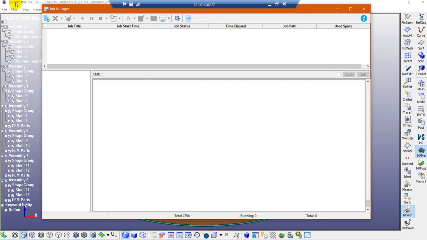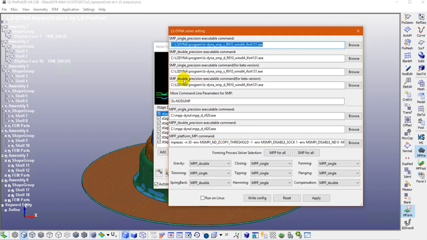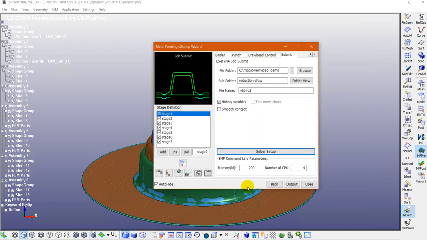Now going over to LS-PrePost, we can look at the settings here as well. So under solver setup, you want the solver setup to match the solver setup that you're going to use on your Job Manager, because LS-PrePost is going to output a batch file which you can also bring into the Job Manager. But the batch file must have the correct command sequence so that it mirrors the configuration of the Job Manager. Once these are set correctly, you can output a file,